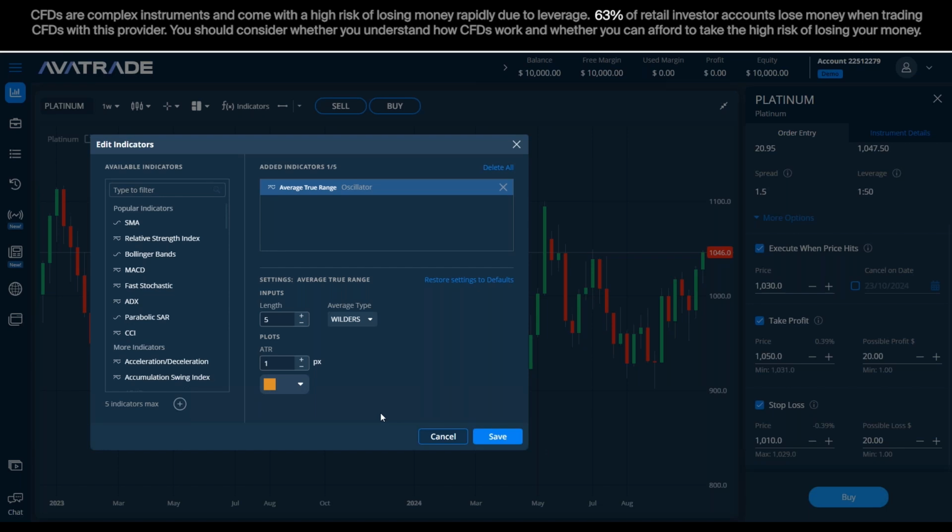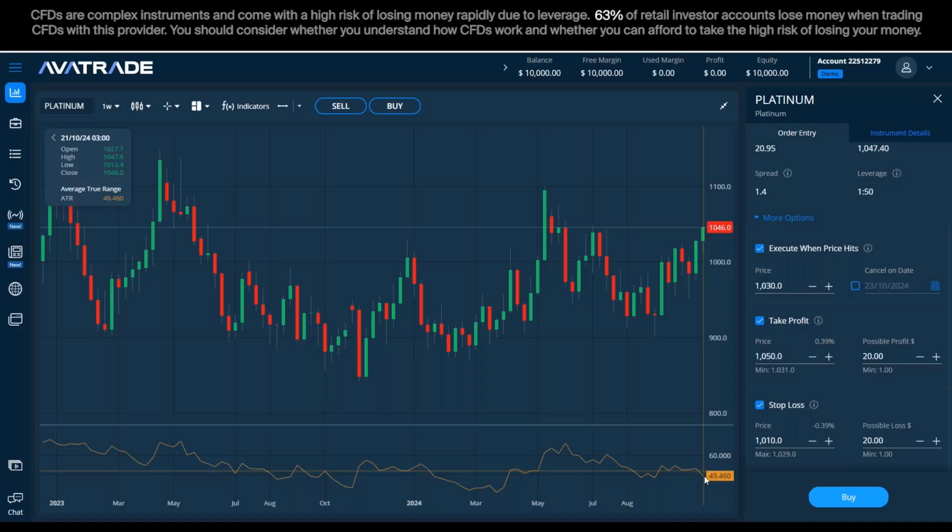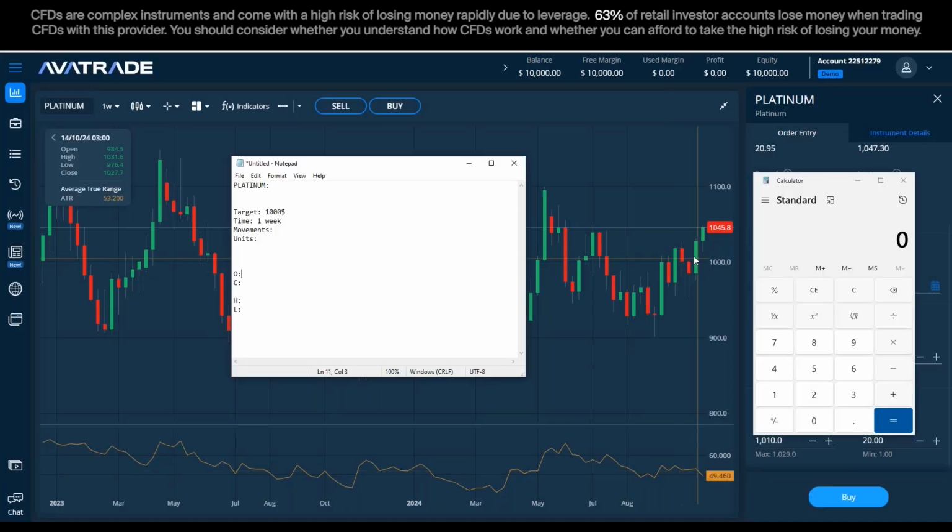Okay, so that's open, close, high and lows. This is manual check, just seeing the difference of what happened with the previous candle. Open here is 984.5. The close here is 1027.7. High is 1031.6. And low is 976.4. Of course, if I subtract the open from the close,